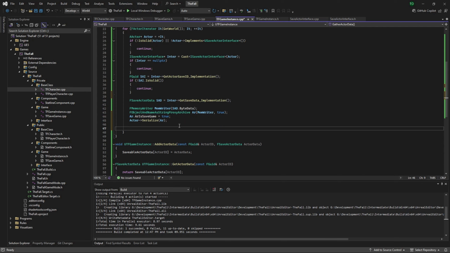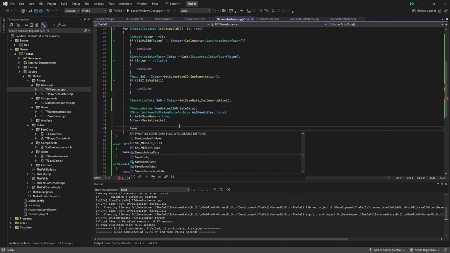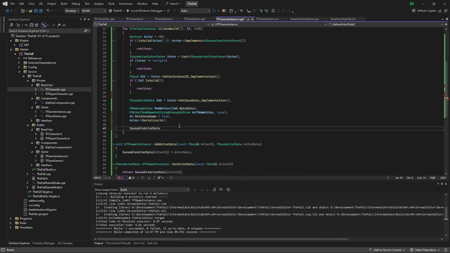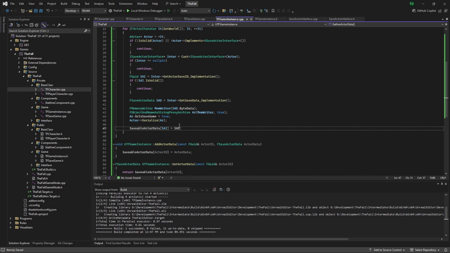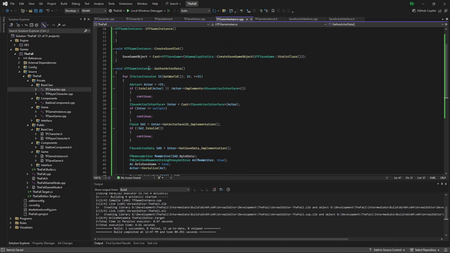Now, the last thing we want to do is savable actor data. What would I call that? SAI, save actor ID, equals save actor data. Now, normally I don't like using these acronyms. However, the descriptive name is very long in this case. And ultimately, that's the basics of the gather information